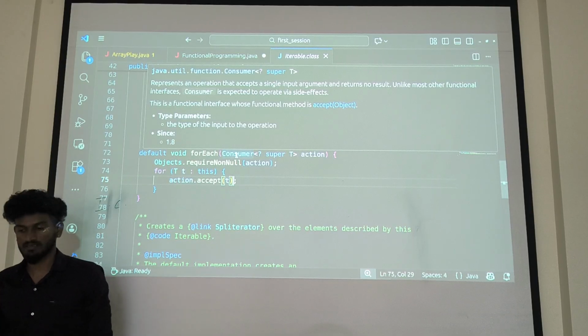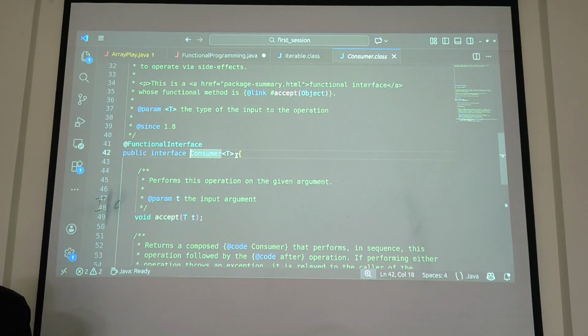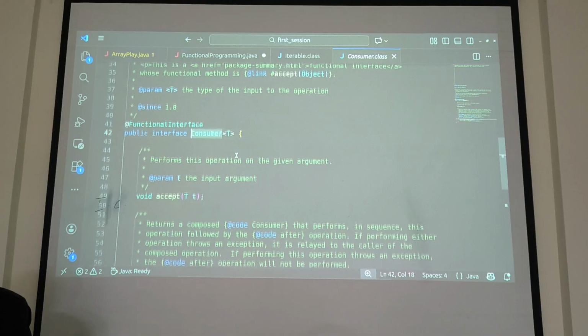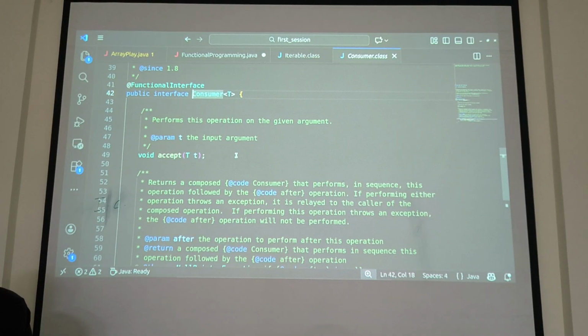What is consumer? Okay, let's deep dive into that. Don't hesitate to go through the package codes. Okay, do that, nothing else. There also they have written the code only. They won't write any difficult language. So once you came here,